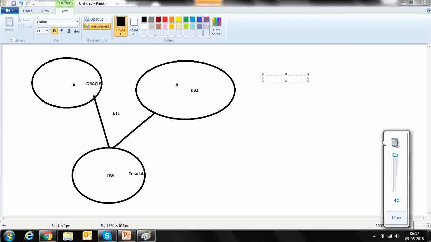The analysis makes us able to take wiser, good decisions. Those decisions can make my business profitable, right? So that is called business intelligence.